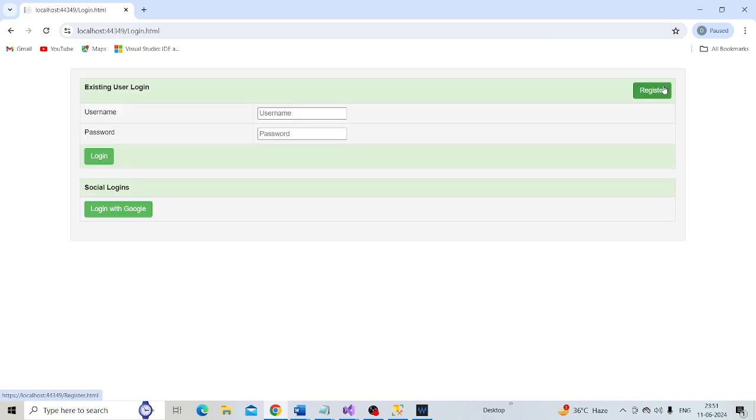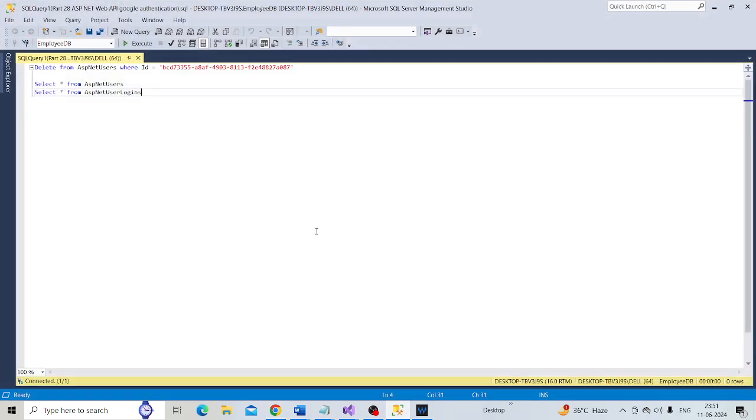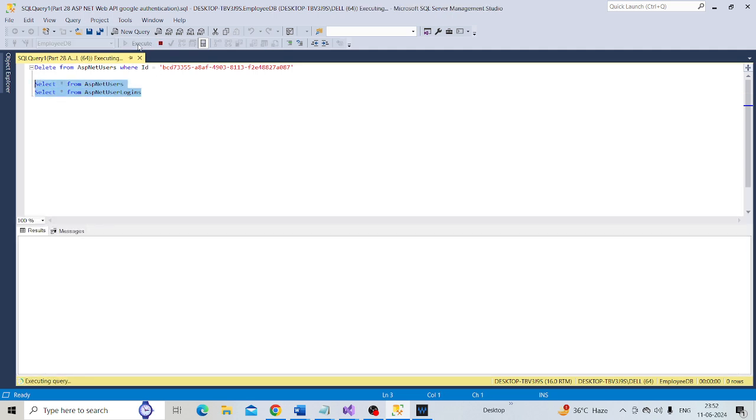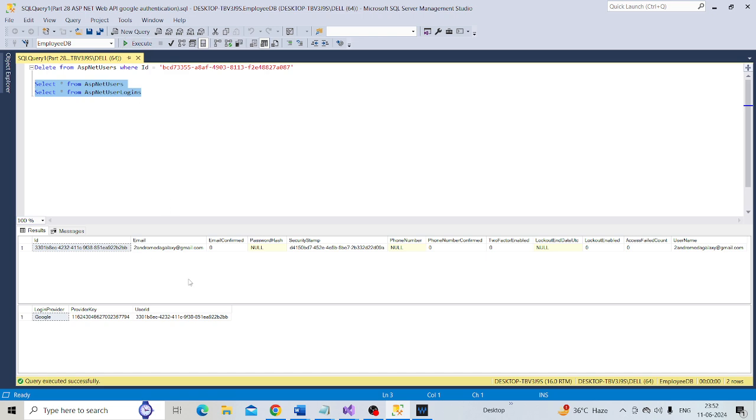And if you look at these two tables, ASP.NET users and ASP.NET user logins, notice in both of these tables we have got an entry for our Google login. Look at the email address.